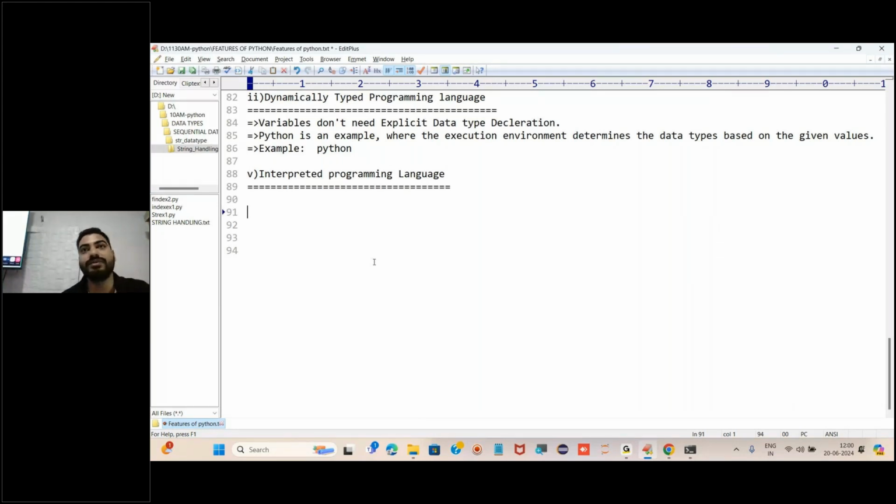Why it is called as user-friendly syntaxes? Yesterday I have shown you that, right? That in other traditional languages we have to see syntax. Whenever we say syntax, it is nothing but the set of rules. Every programming language has its set of rules. That is nothing but the syntax. So behind that syntax, we have to follow the rules.